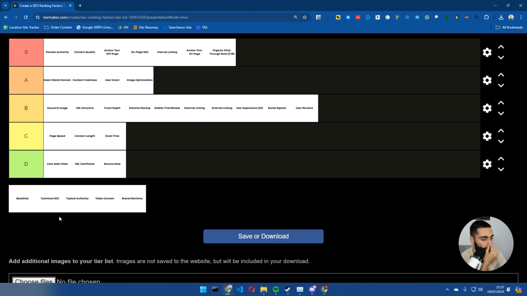We then have got brand mentions, and what I mean by brand mentions is a lot of people focus on do follow links, no follow links, and foundational links, but they don't actually focus on brand mentions, and that's sometimes getting your brand mentioned in, for example, a high publication without a link.